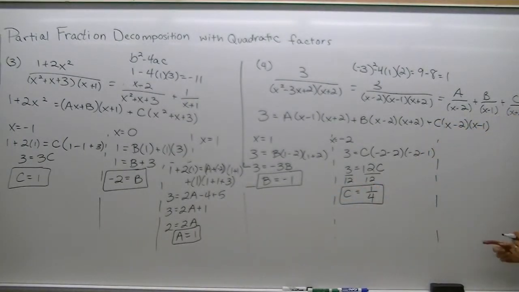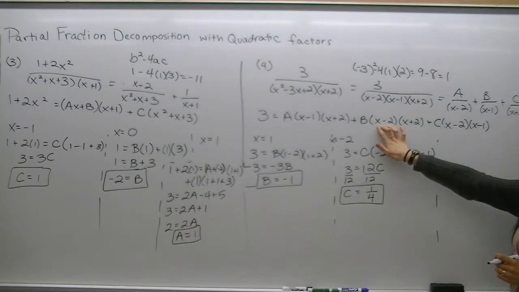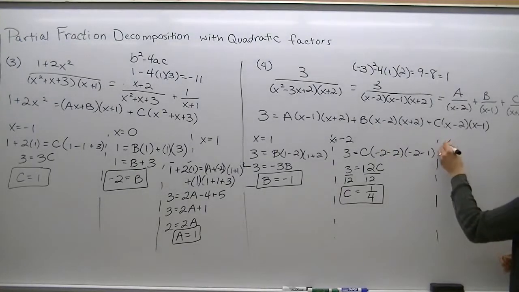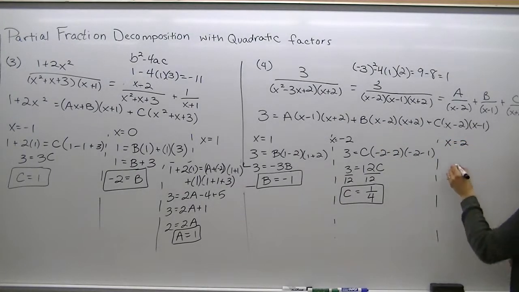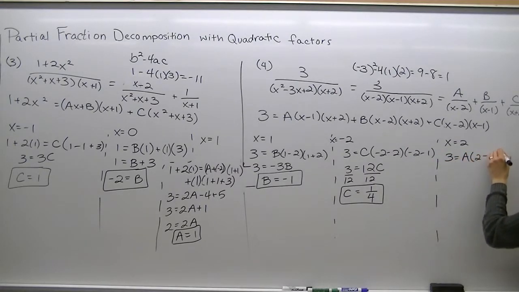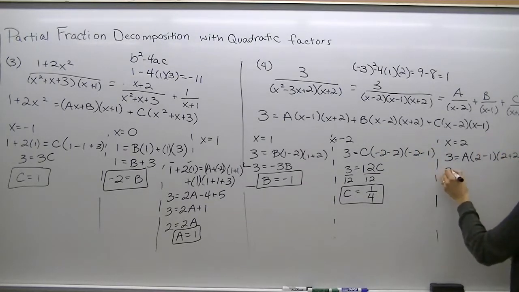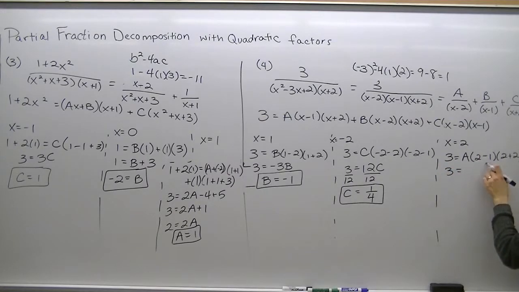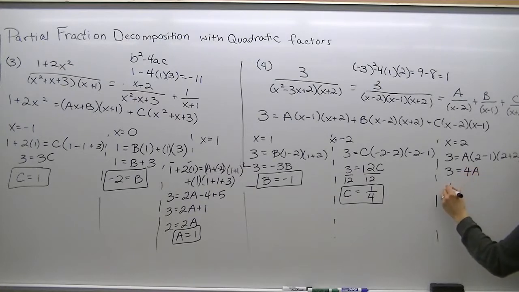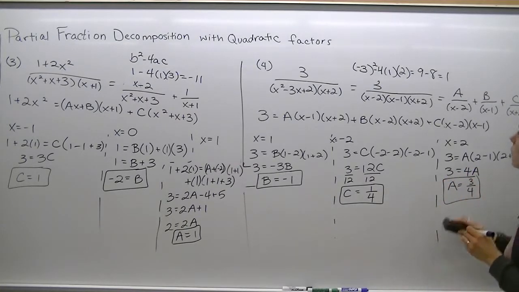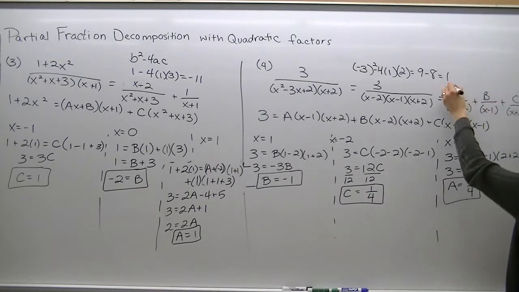And last but not least, this term is going to be 0 when x is positive 2. So we get 3 equals a times 2 minus 1 times 2 plus 2. This term will be 0, this term will be 0. So we get a times 1 times 4, so 4a. So a will be 3/4. So we have 3/4